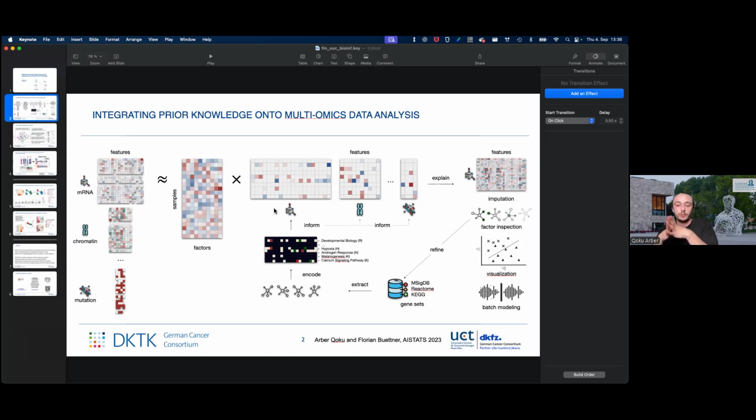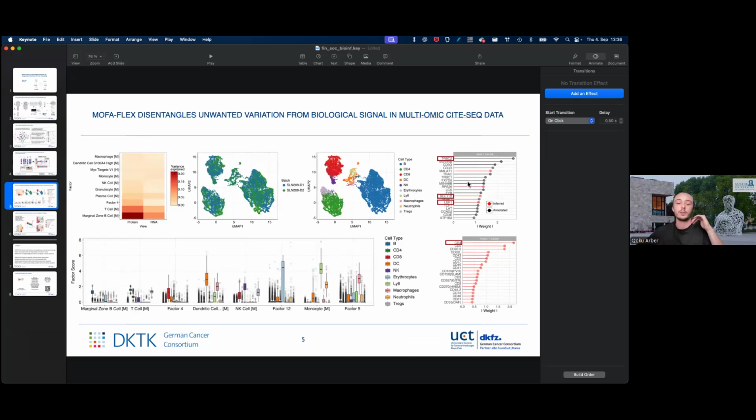So let's say we informed one factor with hypoxia, and we know the gene set that tells you what hypoxia is active, but then we see whether the main factor loadings, whether the majority is still part of the prior gene set. And if it's not, then it's deemed insignificant. There's a method called PCGSE, a statistical method to test whether your inferred factor still resembles the prior annotations. And if it's not significant, then we rename the factor to something like factor 5 or 6 and so on.